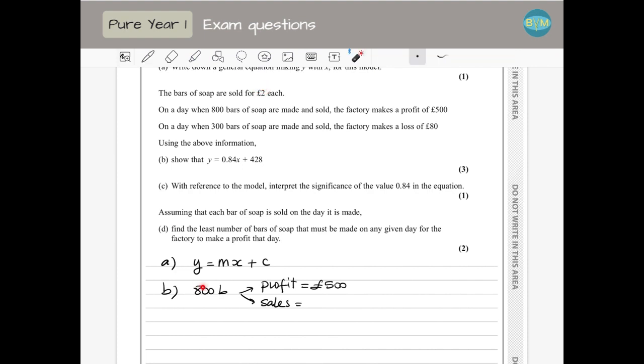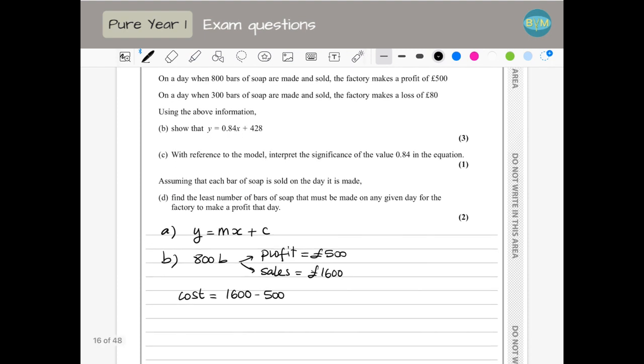So if we have 800 bars, the sales will be 2 times that, so £1,600. So we know the profit and we know the sales, which means the cost is going to be the difference between the sales and the profit, 500. So this is 1,100, and this is going to be equal, if we use this equation,